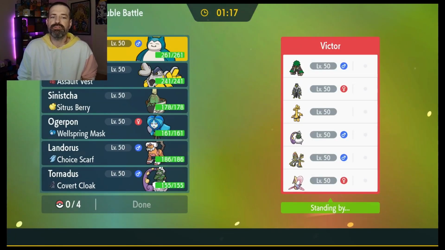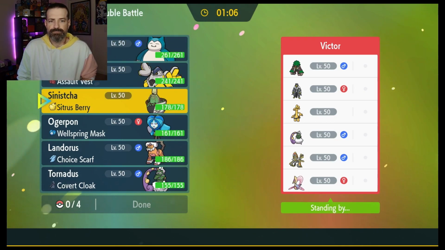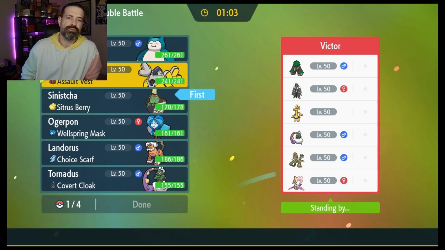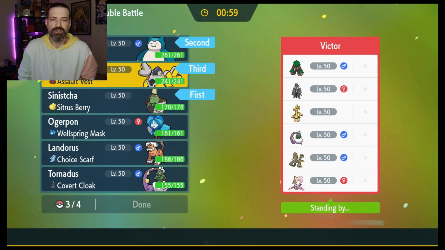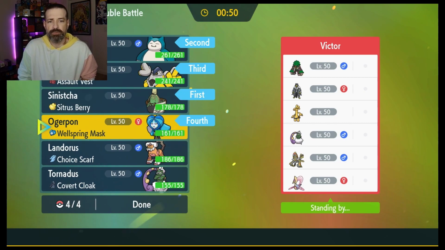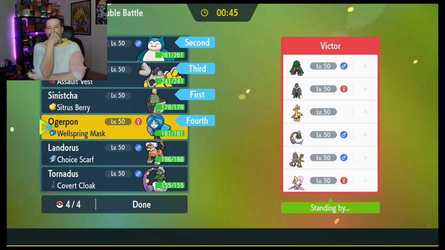Okay, now, even though they do have Cresselia, I don't feel like they have Cresselia out there for really Trick Room purposes here. But yeah, we're still going to go with ours. We're going to go with that same kind of thing with the Sinistcha and the Snorlax. We'll bring Hands in the back. And this time, honestly, I still think Ogerpon is probably going to be the best one to go with here. The one worry would be against...